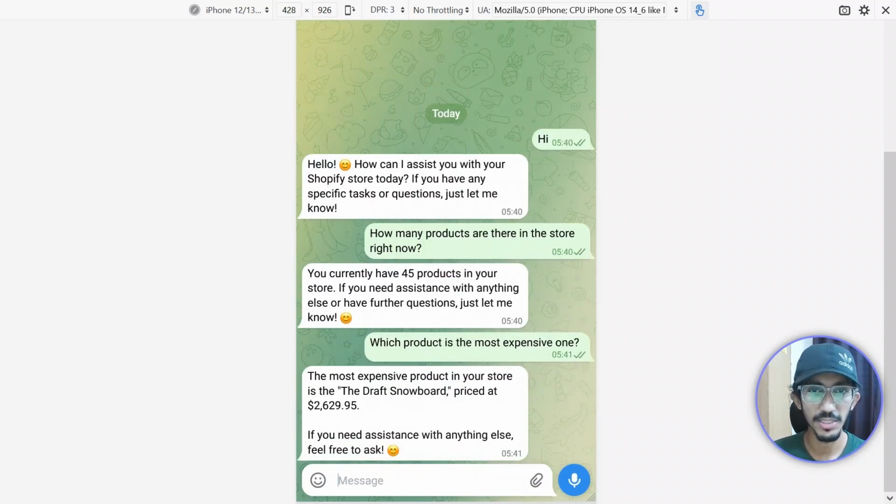The most expensive product in your store is the draft snowboard, priced at $2,600. Cool. So it was a little test. Now let's head over to see if it can create and modify products in our Shopify store and delete them as well. So we can start with